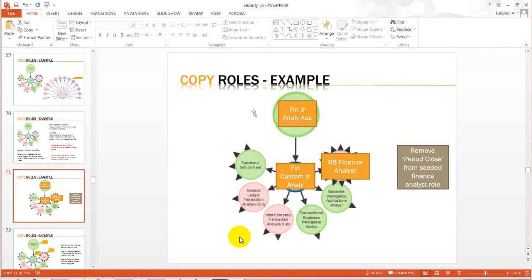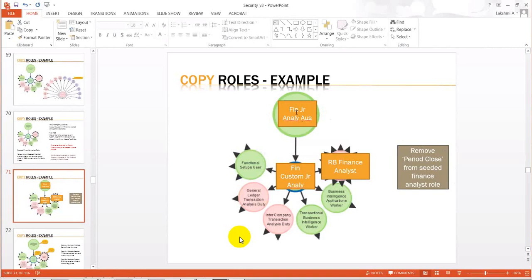But think of a case like this: financial junior analyst roles who should not have access to periodic close activities. This is an ongoing job. Anyone in that job should not do the periodic close activities. That's the company level requirement.